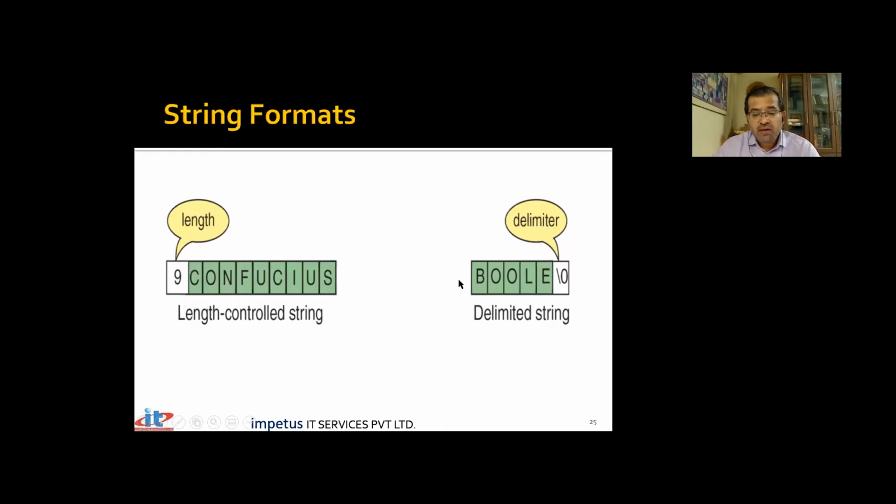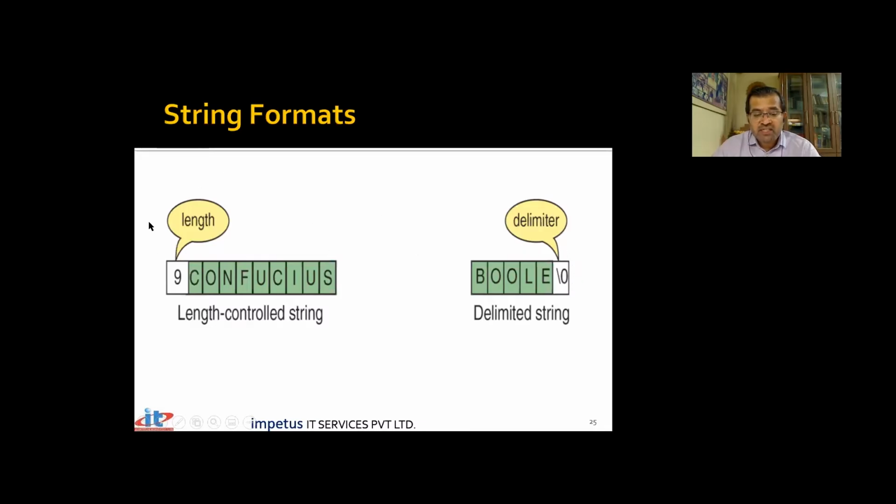But in C, we do not have any attribute which will tell us the length. Rather, suppose bool is the string that we have. At the end, we have \0. We'll have to go on searching for \0. \0 hai kya? Once we get \0, we'll understand the string has got over here. This \0 is not considered part of the string. It is only an indicator which tells us where the string gets over. So my string has got over at this particular location. It is only a terminating character which will tell us where the string gets over.